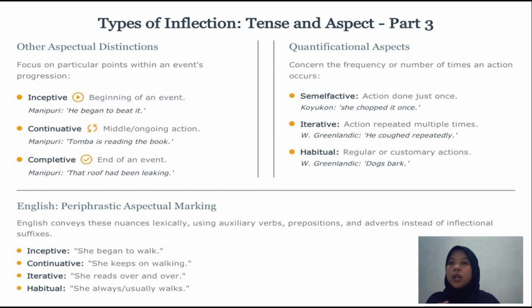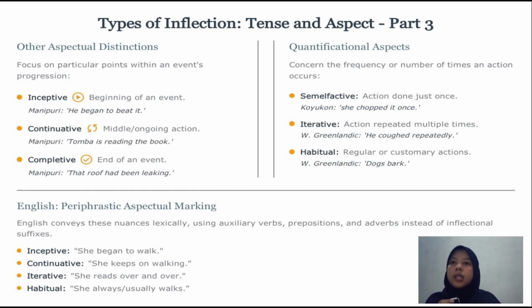So for the next, completive, the ending of an action. This aspect indicates that an action has been completed, has reached its endpoint. For example, the roof had been leaking. So sometimes it also indicates that something has already happened in the past, but the situation is now over. The second is